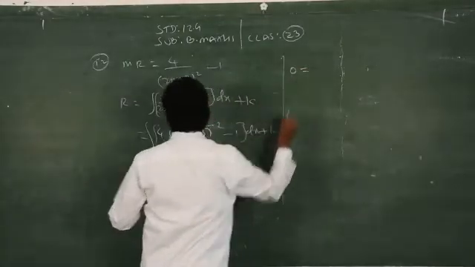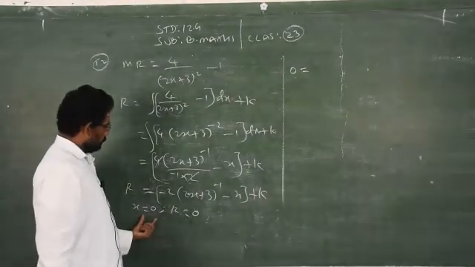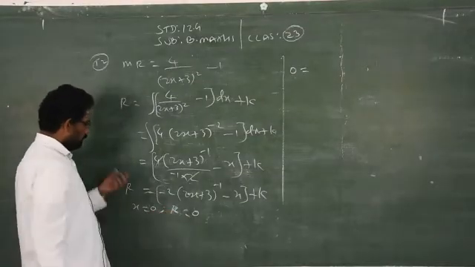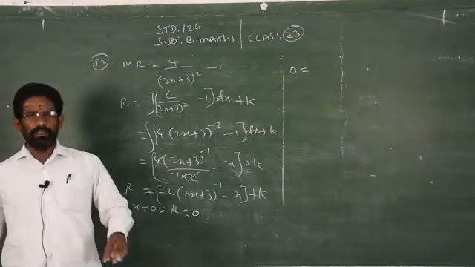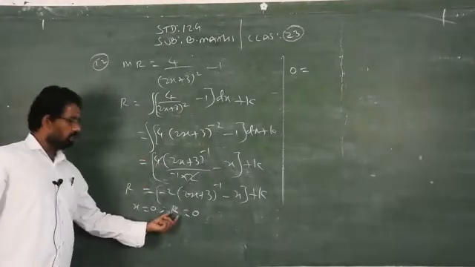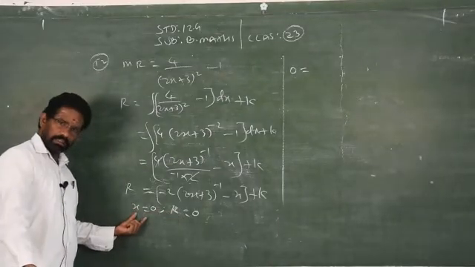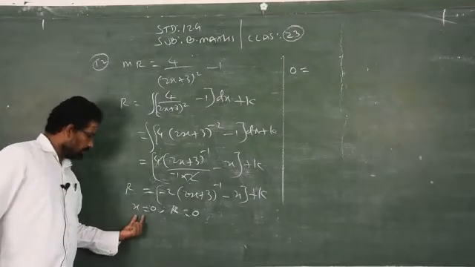R is 0. This stands for revenue. R is 0, x is 0. No information is given about R and x, but you have to understand when you will get revenue. Only when the number of units are sold will you get revenue. When the units are not sold, then revenue is also 0. That's what I am assuming, because no information is given in the question. We consider no units are sold, which means x is 0.